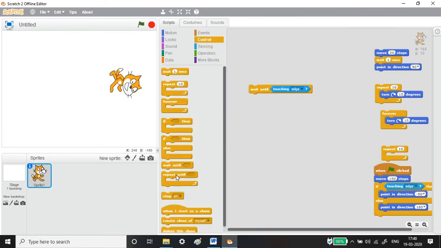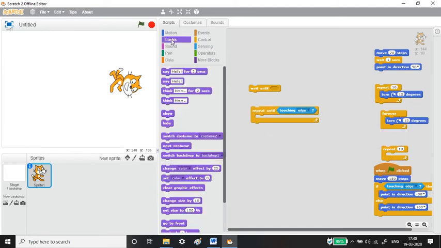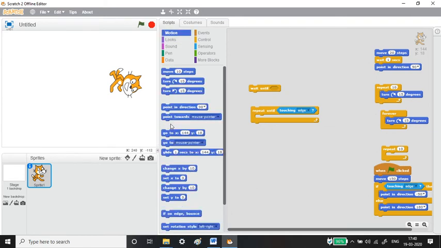Now comes the next, repeat. So this is similar to the while loop which you will encounter in future. This is the if else block, whereas this is the while loop. Which means you can repeat the process until it touches the edge or some other condition you can give. See here, I am making the sprite face right and asking it to move 10 steps until it touches the edge. See here, yes, if it touches the edge, it stops. If it doesn't touch the edge, it keeps on walking.